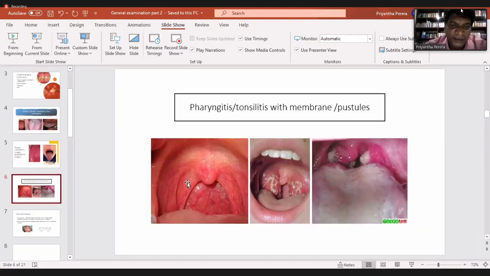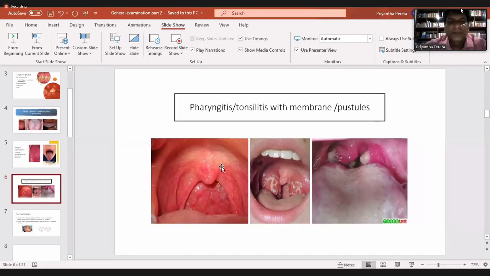The dilated blood vessels. This is due to what? This is what we call pharyngitis, inflammation of the pharynx, right? This is not a very significant thing, but this indicates inflammation of the pharynx. But the important thing is the tonsils are not enlarged, right? So this is pharyngitis without tonsillitis, right? In adults, you might not see tonsillitis anyhow.